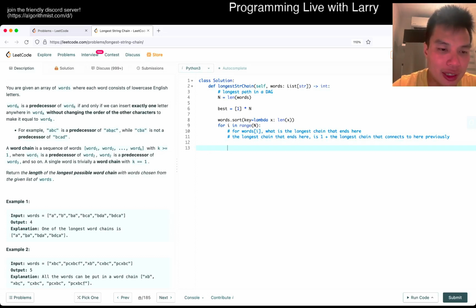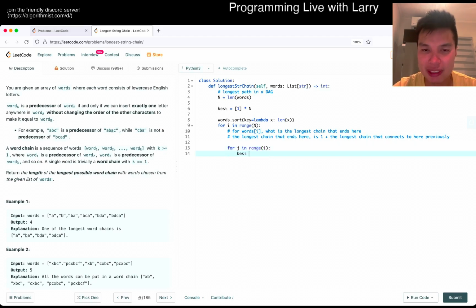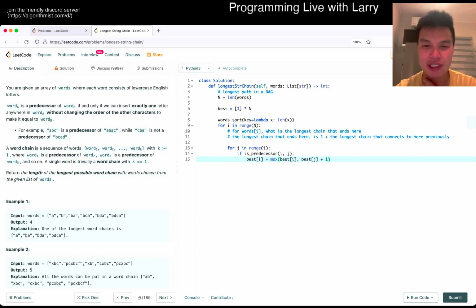Okay. And then now, in theory, the way that you do it is just look at it all the way from j to I, and then best of I is equal to best. Sorry, if good of I and j, we probably have to rename this or something like that. Maybe if is processor, then this is equal to max of what it already is, I of j plus 1. And maybe I could even do,